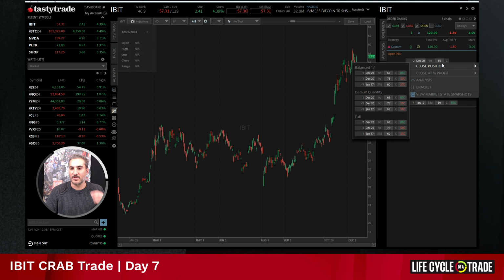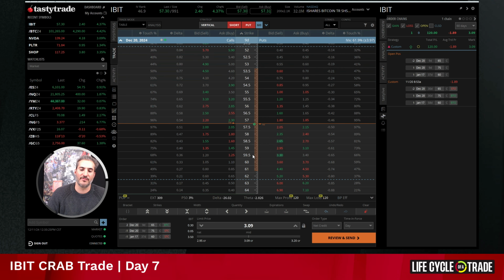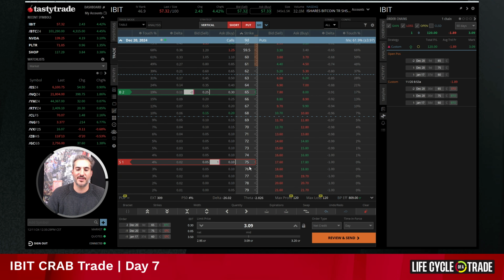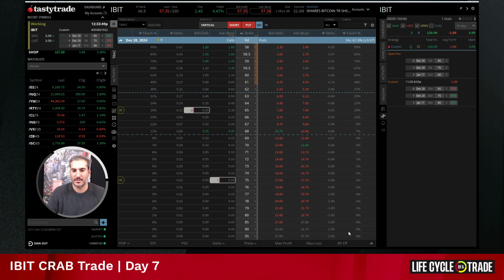So we can actually close the position right from the order chains here. You right click, you click on close position. We'll want to go to full, which is all of the legs of the trade. We're going to try and get filled as a package. The 75 strike long call is a tough fill because it's a nickel at a dime ask. So it's a very cheap option. It's very hard to get filled on some of those within the package, but we're going to try and do it all together here. We're going to try 3.09 and see if we get filled on this to just close